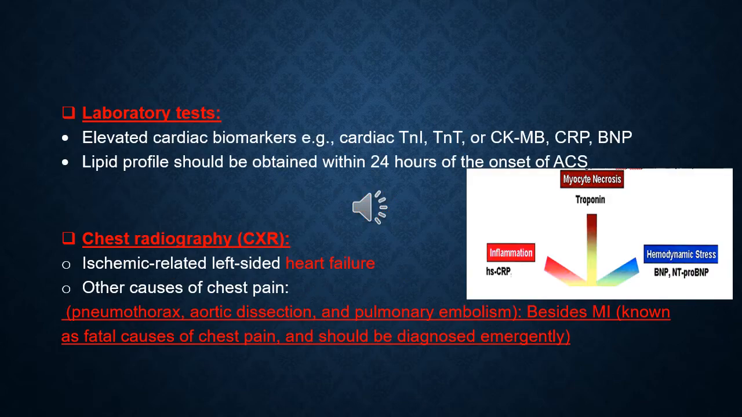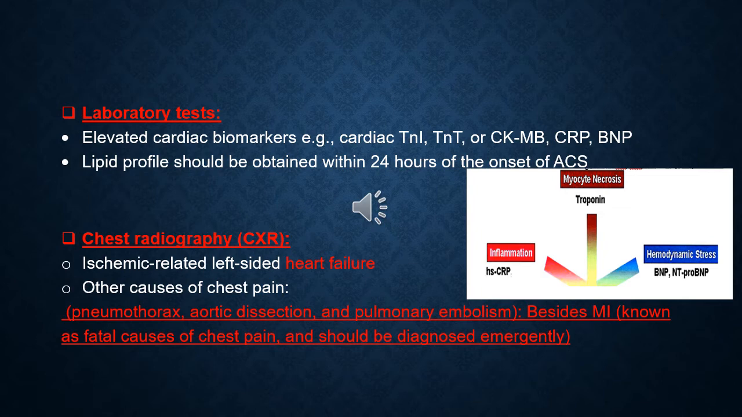The second thing to do is to collect a sample for the cardiac biomarkers, including troponin and CKMB, maybe BNP or CRP in some settings, and collect the lipid profile. We know that if the patient has elevated biomarkers like troponin or CKMB, there is necrosis or infarction, maybe ST elevation or non-ST elevation according to the ECG finding. And if he has negative cardiac troponins,